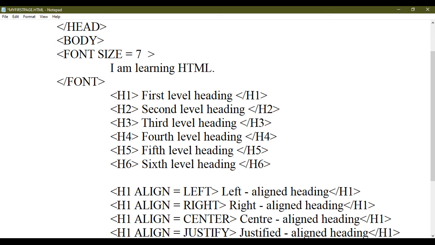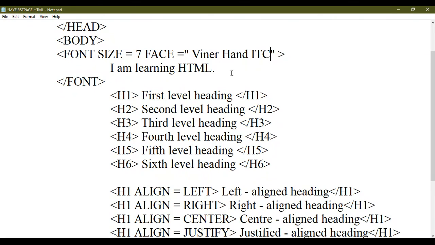Second attribute of font is font face. So with the font face you can change the font style of your content. For example, Arial, Times New Roman or any other cursive font style.